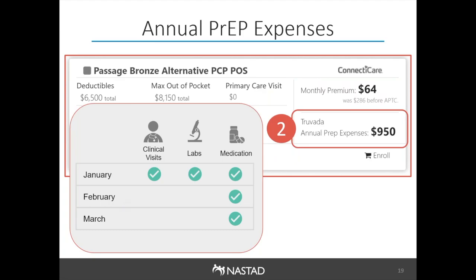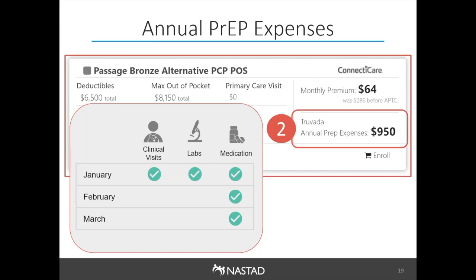In addition to premiums, the site also estimates PrEP out-of-pocket expenses. An out-of-pocket cost is the amount that the patient is going to pay when they receive a service. PrEP and PrEP-related care generally requires 3 types of services: the prescription, the quarterly clinical visits, and the quarterly lab tests. There are some months in which you will need all 3 services, but for most months, it'll just